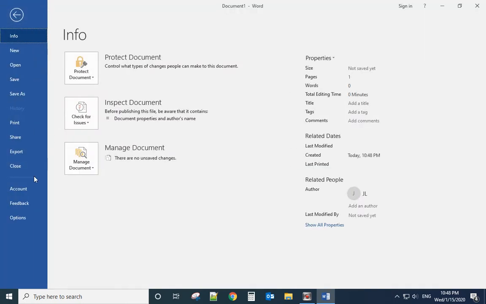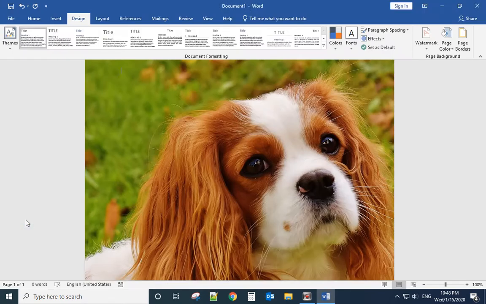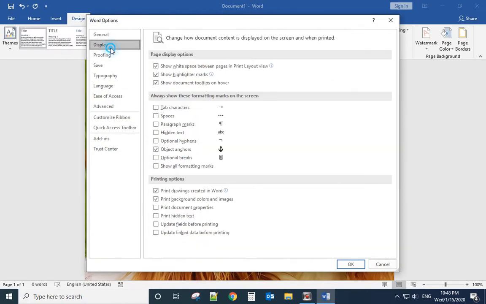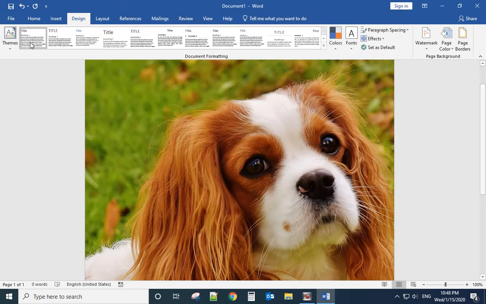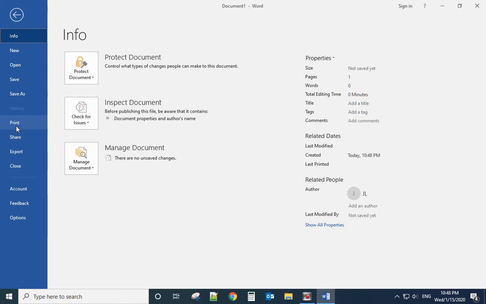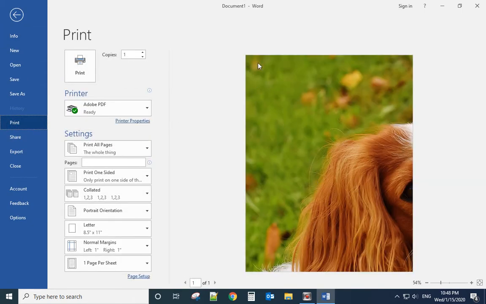To print it as a background, to print the background, you need to check Print Background Colors in Options, Display. Let's see the print preview. At the preview, you can only see half of the dog. But if you